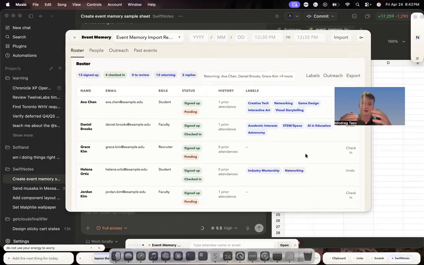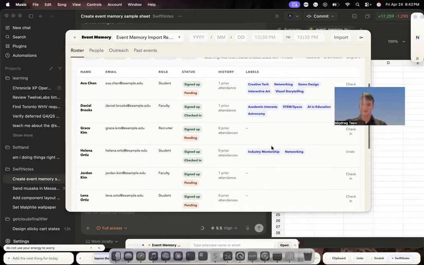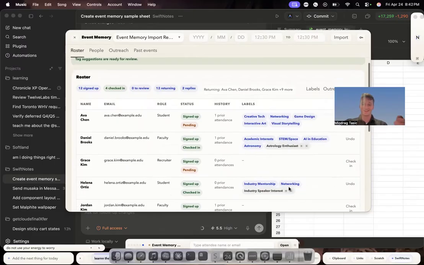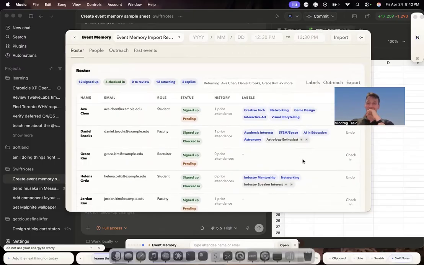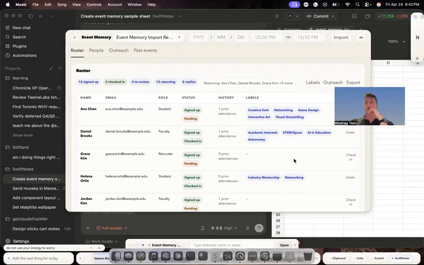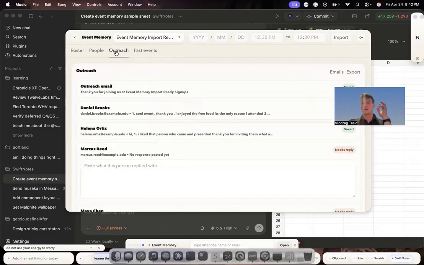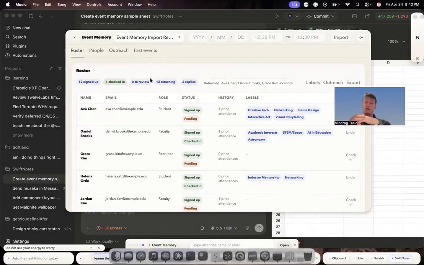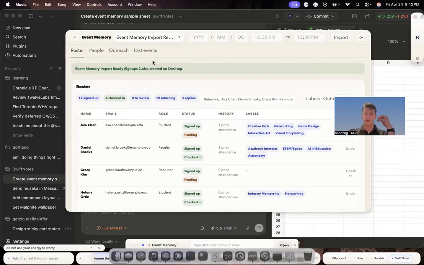Networking, fire. Let's click labels again. I want to see if it's gonna give watermelon. Okay, no, it's not. Okay, decline, decline. Cool. So now we have labels. Great. Now every time you create an event, you have this super efficient way of signing people in, drafting emails for the people that have attended, and creating labels based on who attended to help you and your team plan future events. So this was another, and also we can click export to literally just send the